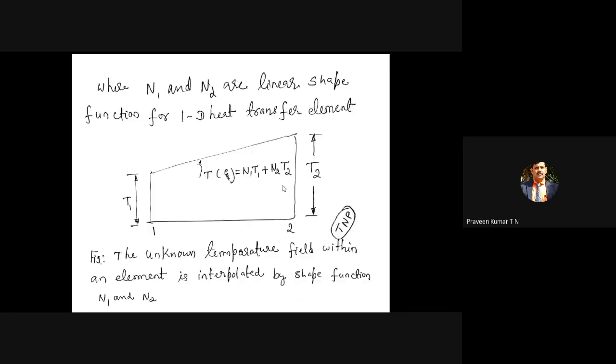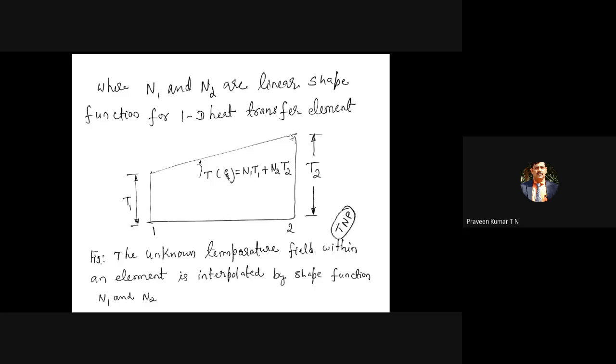So what is the purpose of getting the values of N1 and N2? Once you know the equations for N1 and N2, and once you know the temperature at node 1 and node 2, we can find out the temperature at any point within the element. Imagine one end of the furnace, the inside furnace temperature is known, let it be around 100 degrees Celsius. The outside furnace temperature, let the thickness of the furnace be 10 centimeter. The outside temperature you also get from the finite element equation, the processing stage, you are getting T2. So imagine the total thickness of the furnace is 10 centimeter.